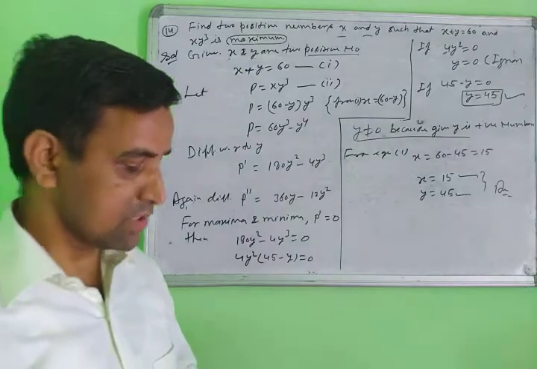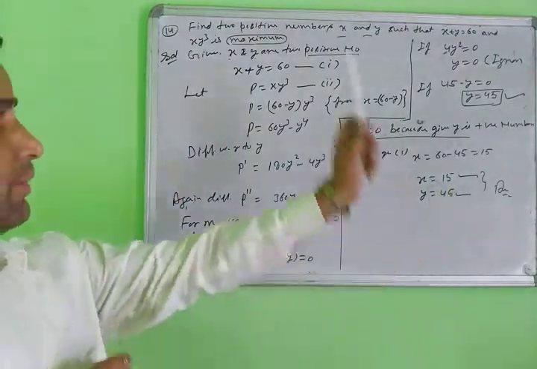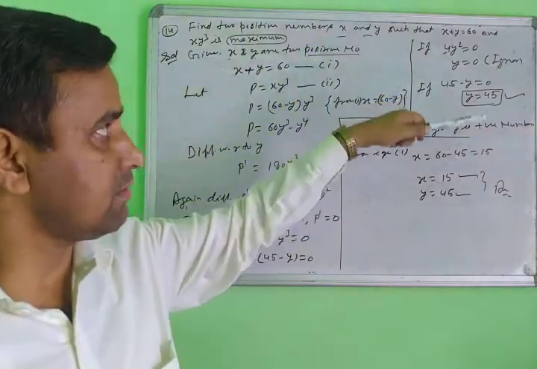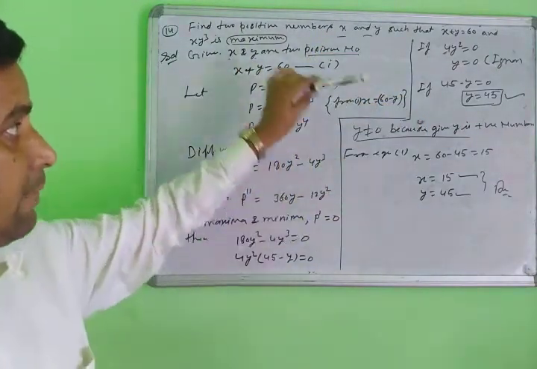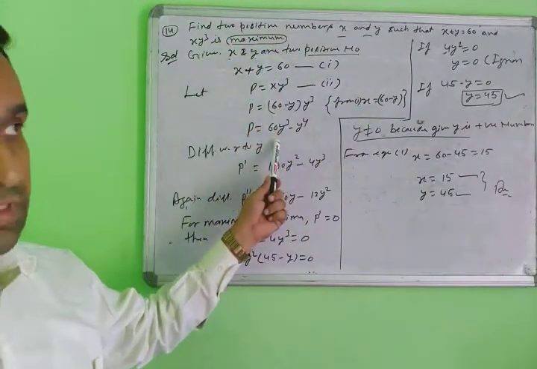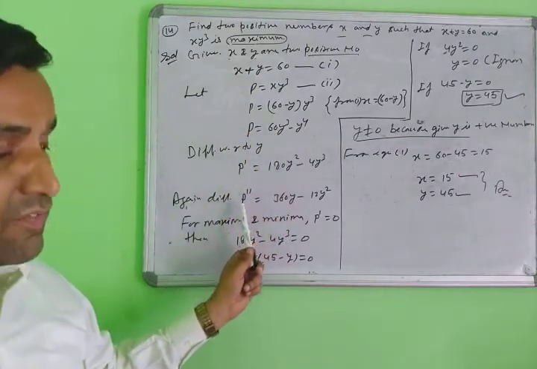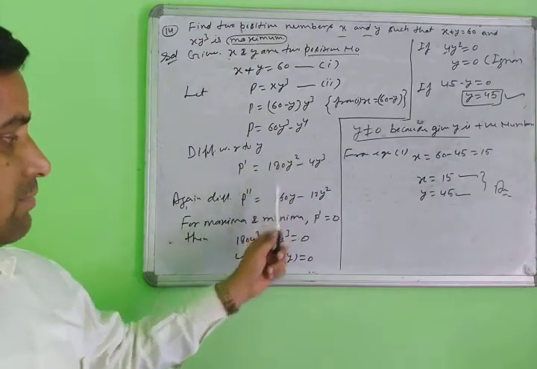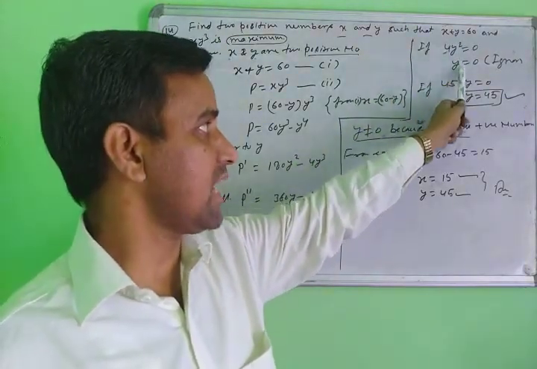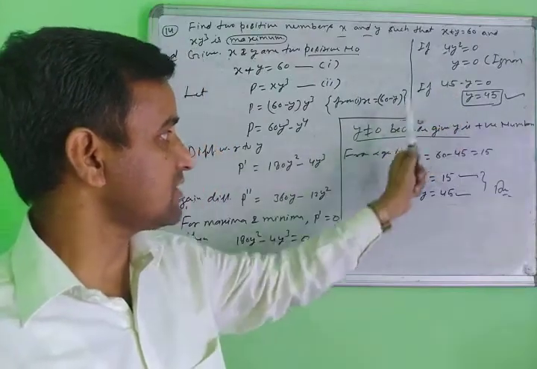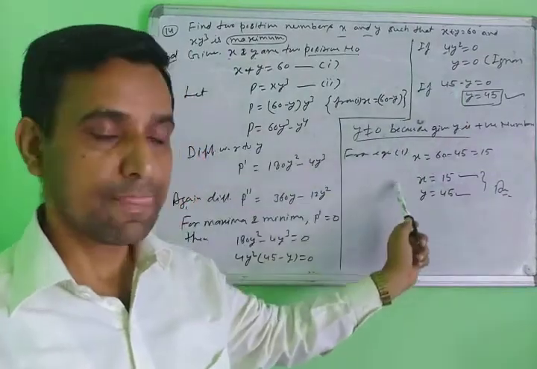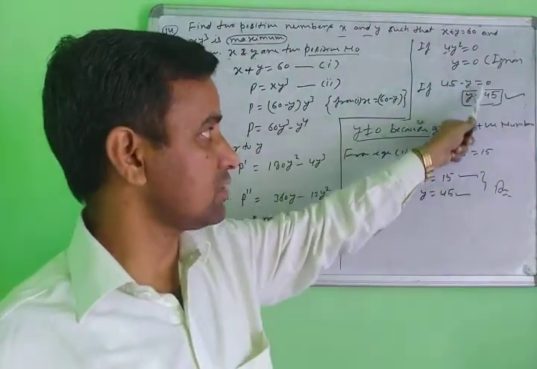This is a very simple question. There are many questions of this type, where you may be asked to find the maximum number or the minimum number under different conditions, but you will always solve them this way. Two equations are given, you convert them into a single equation, then differentiate, again differentiate for second order, then for maximum and minima put the value of any variable x, y, z, then find the value and check which value satisfies the given condition, then you write it. Otherwise, if both values satisfy, then find the value of x for both values of y.